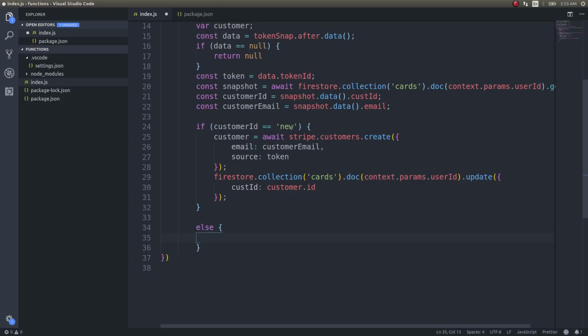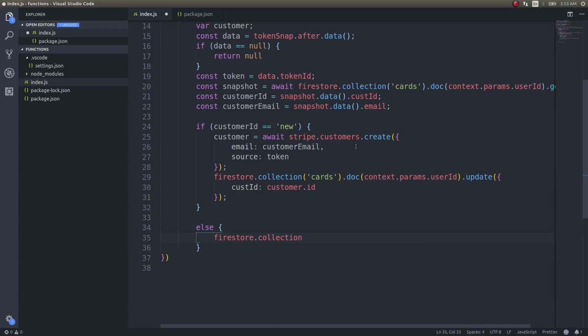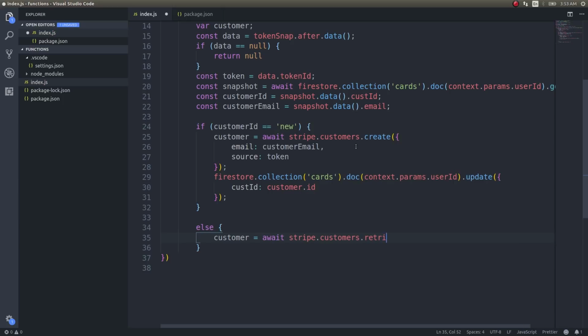If it's not new, then it means that the customer is already existing, right? So in that case, what you can do is customer equals await stripe dot customers dot retrieve. For more information on all of these Stripe methods, kindly look into the documentation of Stripe. Stripe documentation provides a large amount of options that you can do as regards to bringing in a payment system inside your application. So kindly look into that if you want to get more details about all these endpoints. Retrieve